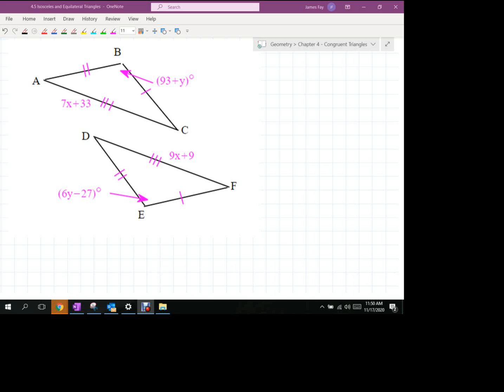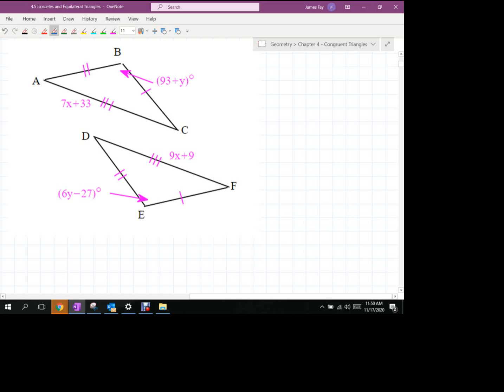So this question, you're going to see this quite a bit. The two triangles, and just in general, as we move throughout the rest of the course, they're going to have pictures with congruency marks in them all over the place. And they're going to have expressions all over the place. Now this one, you could maybe say, I have absolutely no idea what to do, but I'm trying to